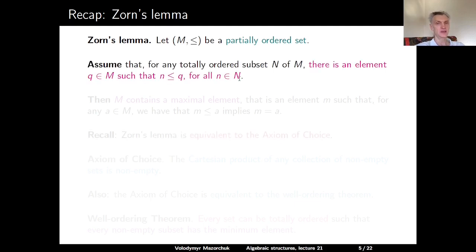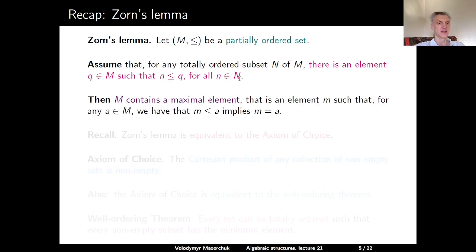Assume that for any totally ordered subset N of M, there is an element Q in M which is greater than or equal to all elements in our totally ordered subset. Then M contains a maximal element, that is an element m, such that for any element a in M, from the inequality that m is less than or equal to a, we must get that m is equal to